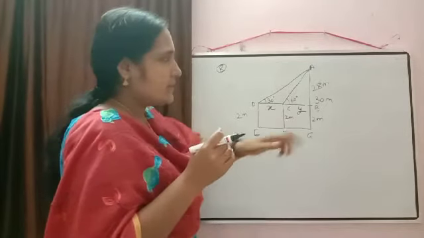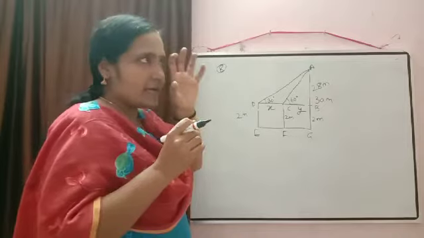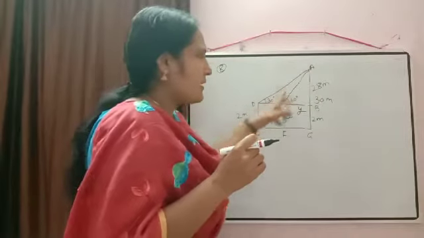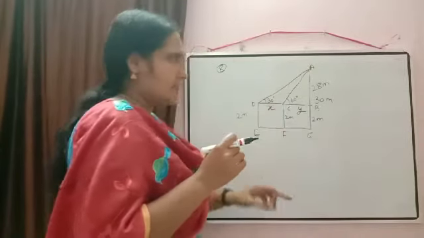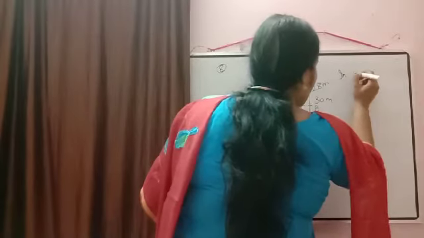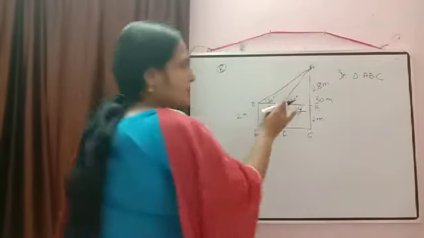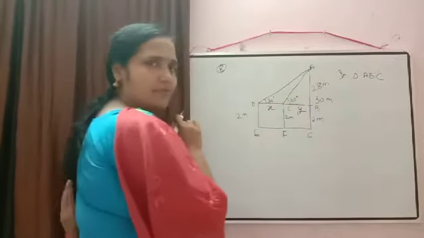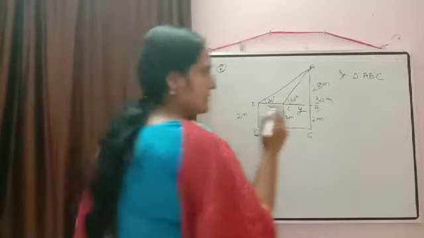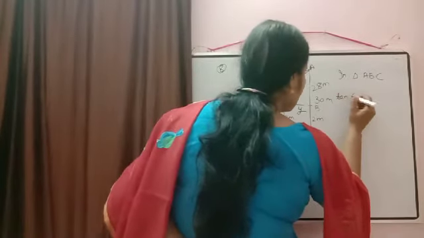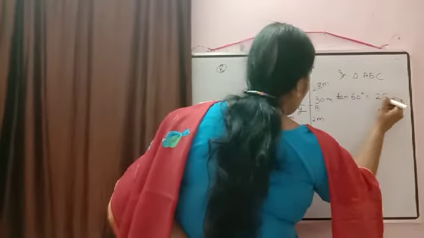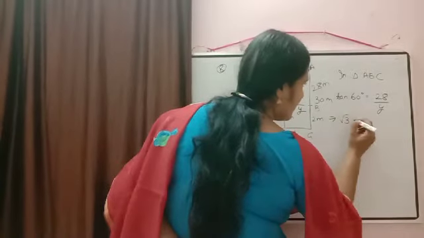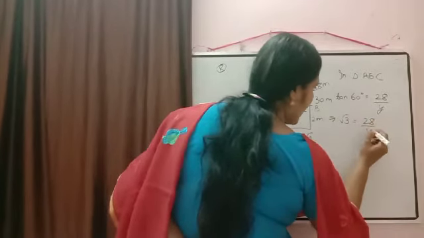Can you tell which one? Yes. Always select the smaller triangle first. So first we have this smaller triangle, in triangle ABC. So write down now, in triangle ABC, the side opposite is 28 meter, and the side adjacent we have to calculate. So again we have tan only. So we will write tan 60 degree is equal to 28 by y. How much is tan 60? Correct, root 3. Root 3 is equal to 28 by y.